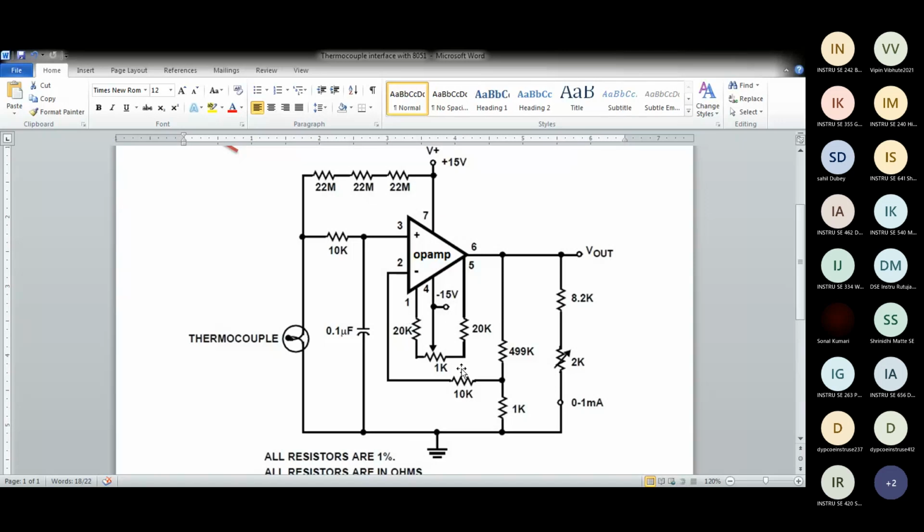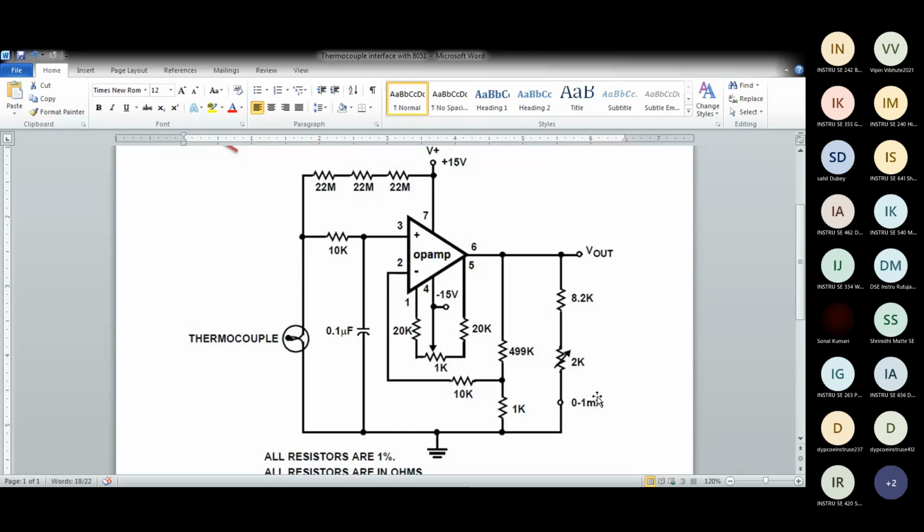See this circuit in between, I'm circling it now. This is the input offset removal circuit. This is to set the gain. Now this capacitor, which is connected at the input, is to improve the frequency response or make the circuit stable. If there is any variation in the input, this C will act as a filter and stabilize the input, and we will get a stable output. Now this output part over here is to limit the output of the circuit.